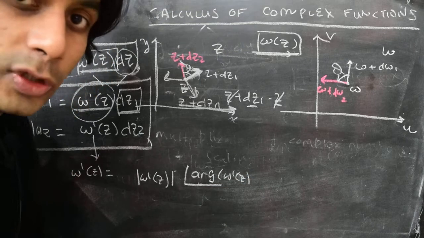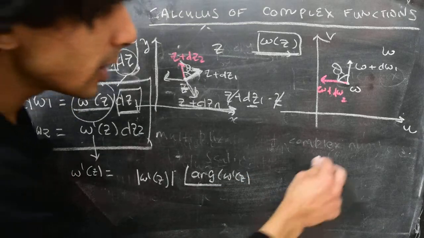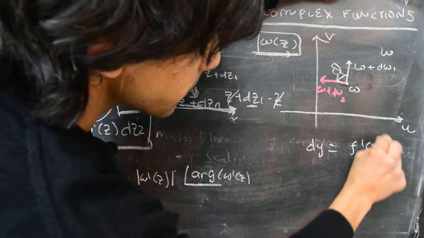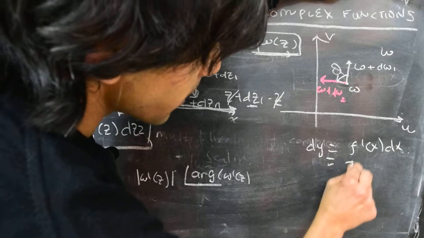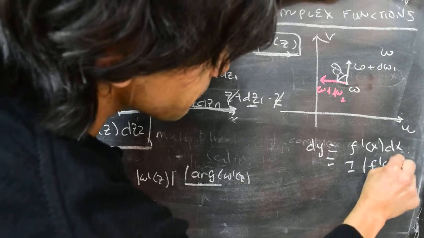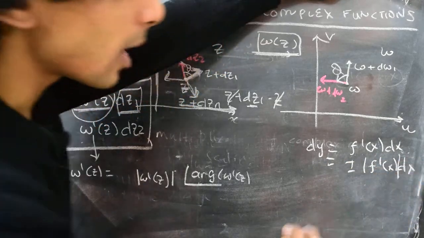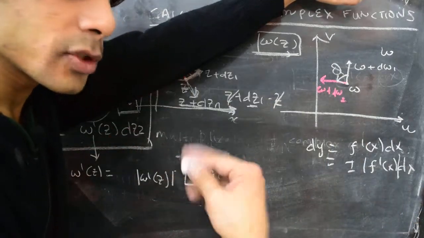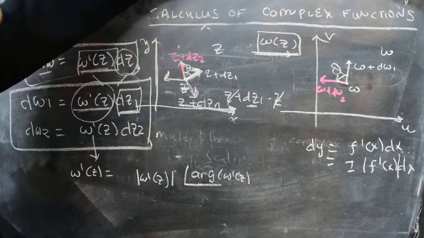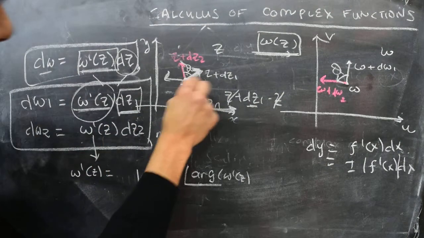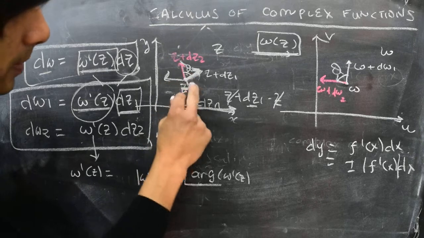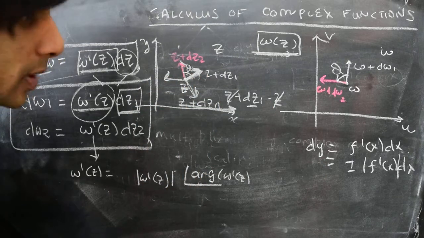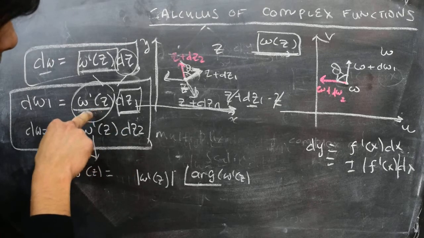And this is the same idea that we talked about for the function of a real variable, where we denoted dy as f prime x times dx, and we can write this as plus or minus modulus of f prime x dx. Because on the x-axis there are only two directions, either positive, which is 0, or negative, which is an angle of pi. In the same way, when we are considering infinitesimal arrows on the z-plane, dz1, dz2 and dzn, or any of the infinite number of directions, all of them have to be multiplied by the same complex number